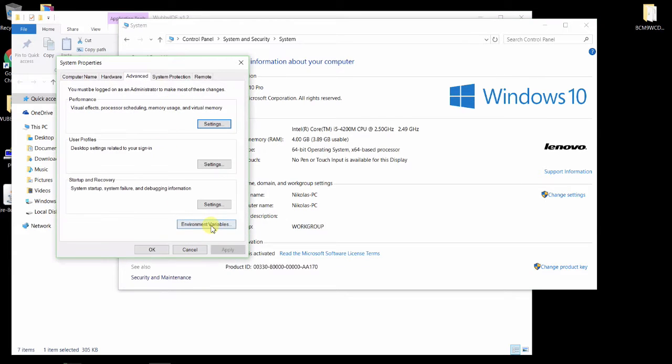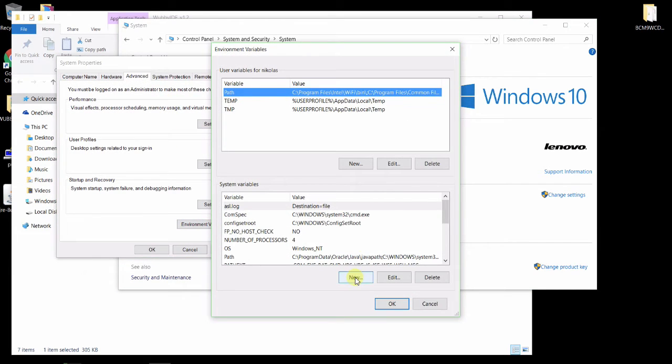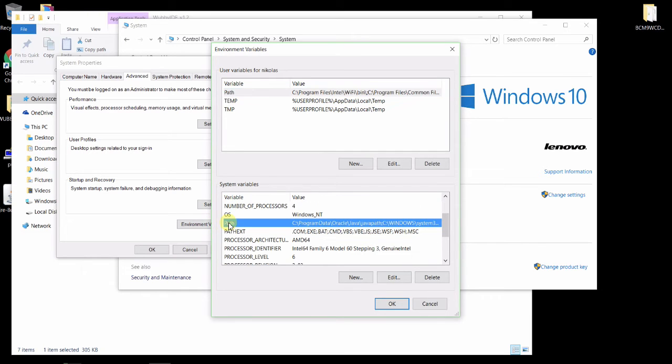Also, make sure to check the Windows environment variables and update the Java path if needed, usually in case a previous Java version was installed.